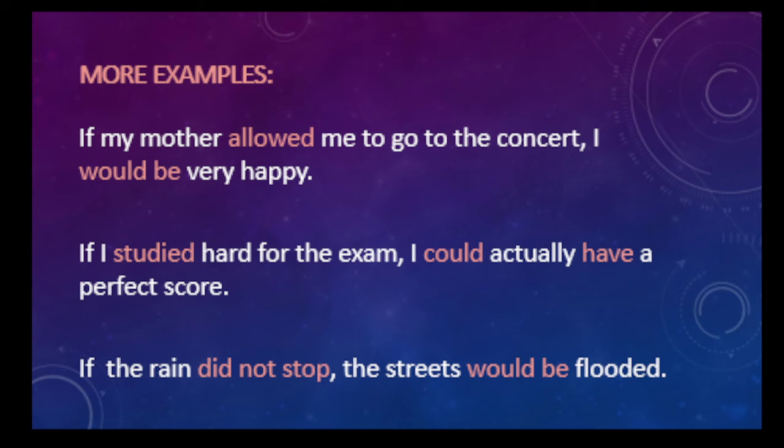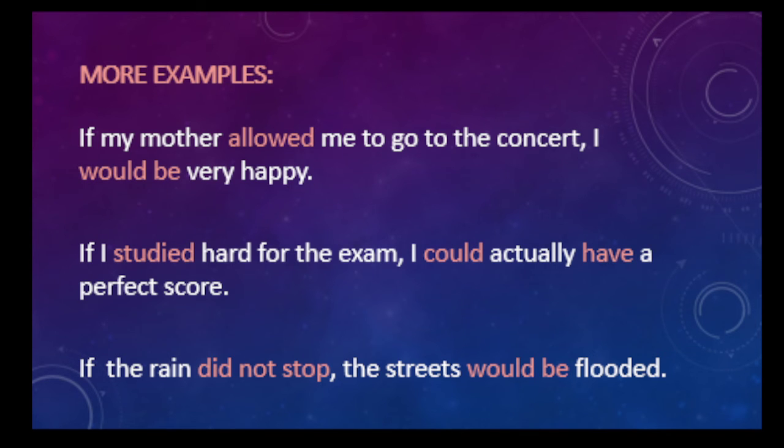If you had studied hard for the exam, if I studied hard for the exam, I could actually have a perfect score. You're not only allowed to use would, you can also use could, no? Could have. Okay? So, again, what do we use in the result clause? We use would, and also,